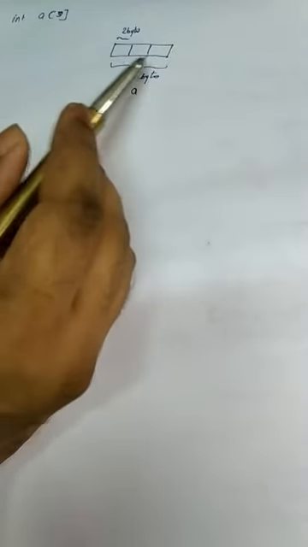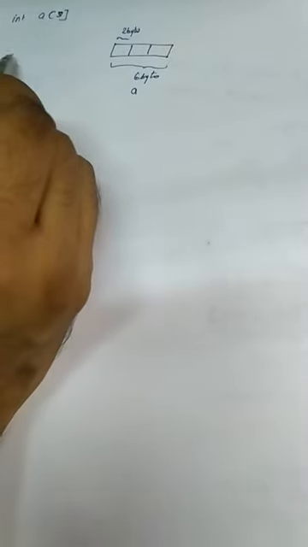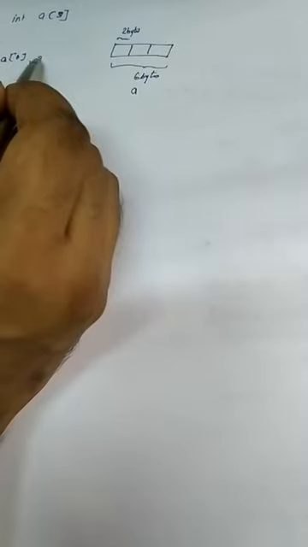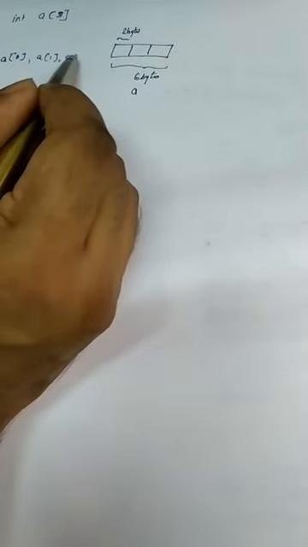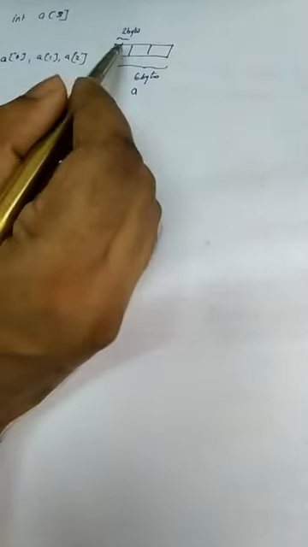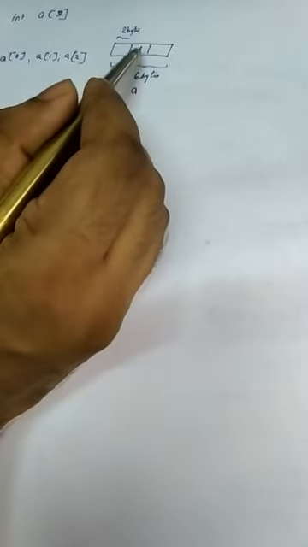So to access each element, I can just access like a of 0 or a of 1 or a of 2. So these are the 3 slots. This is a of 0, this is a of 1, and this is a of 2. Okay. So if I need to read values to these slots, what I will be